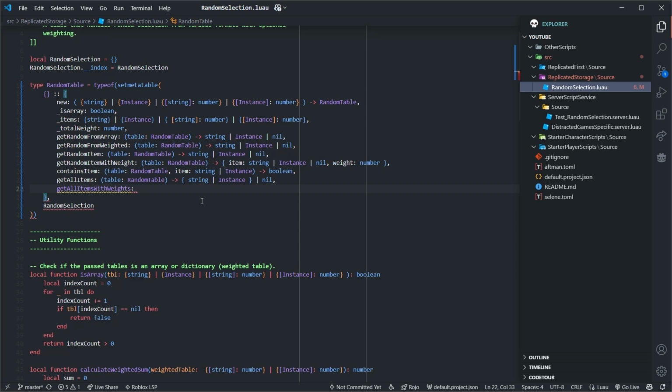And this is going to be pretty much the same sort of thing. So I'm going to go ahead and just copy this so we can use it from here on out without having to type it every time. And then this is going to return essentially two different kinds of tables as a possibility. So obviously it's either going to be a string that has a number. So it's a table of string number, which is actually